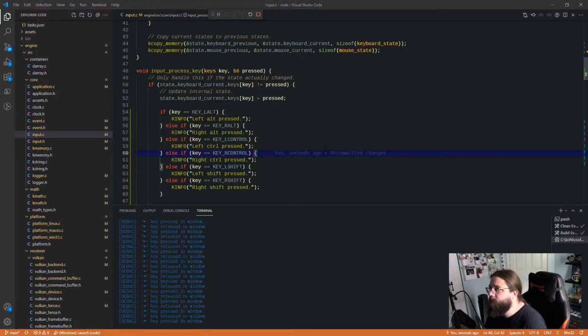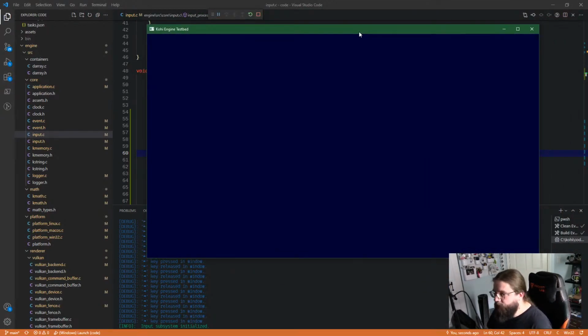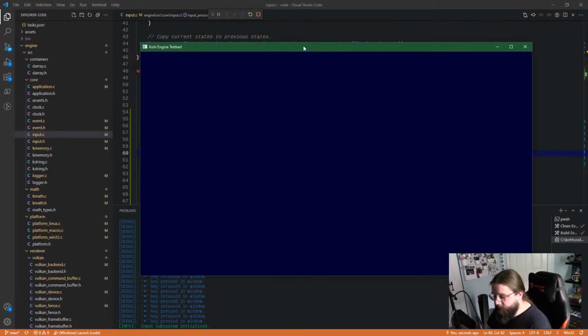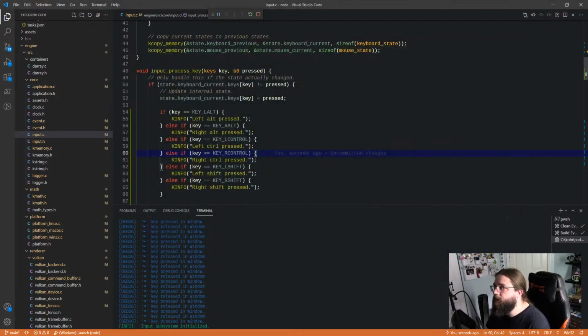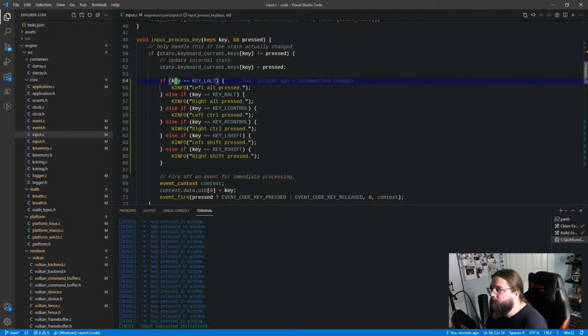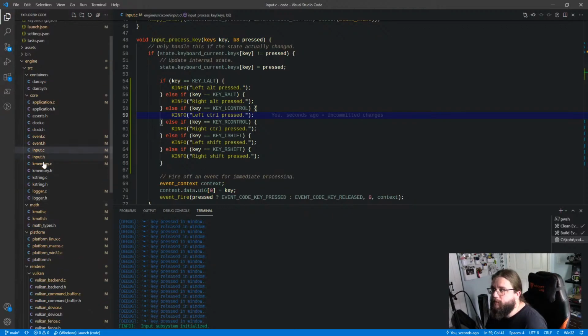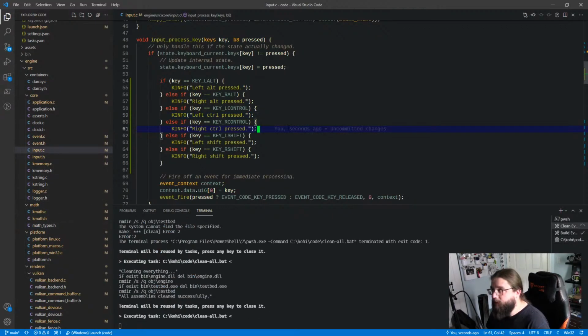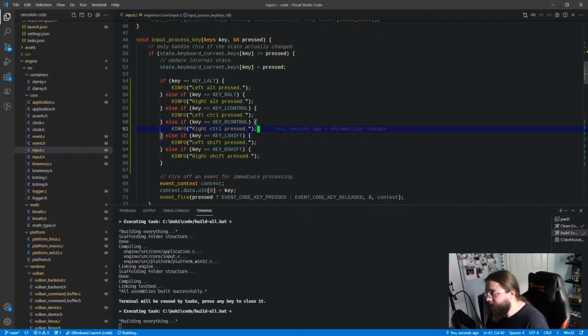Let's run this. So now if I press, oh, it's not working for some reason. What did I forget? Input process key. What did I forget? Maybe I just need to rebuild the whole thing. Shouldn't have to, but